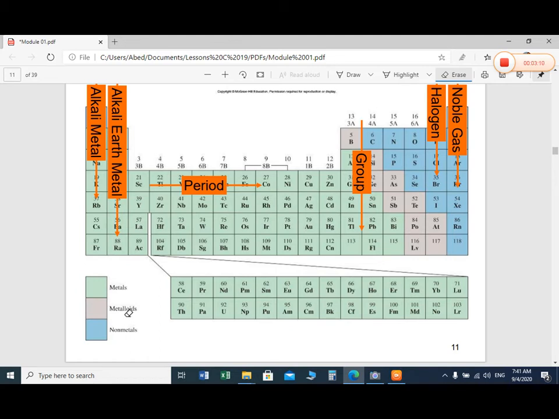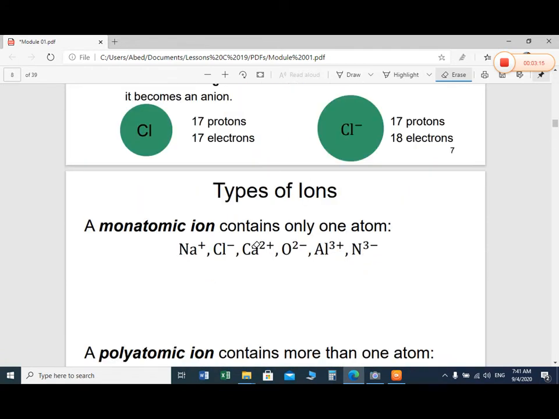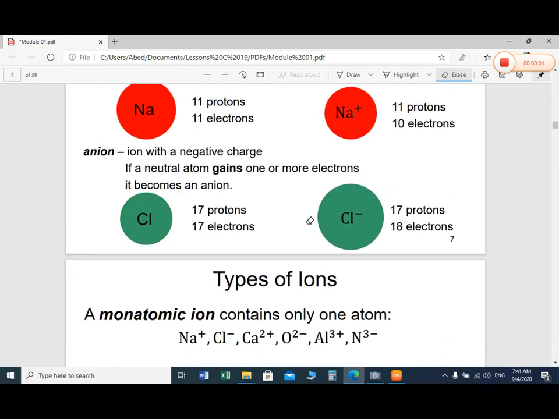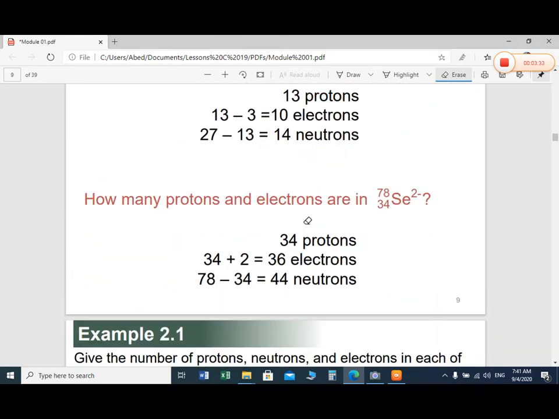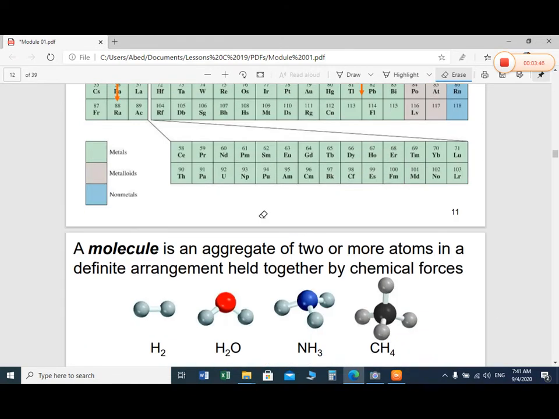You have to just distinguish between metal and non-metal from the periodic table. If you see here, there is a distinguished line between the metal and non-metal. These on the left hand side are all metal, and on the right side these are non-metal, and the elements along the line are called metalloids. This is important information because you have to distinguish between the ionic compound and the molecular compound. So I hope you understand two things here: the group and the period, and the second thing is the metal and non-metal elements and the metalloids also.